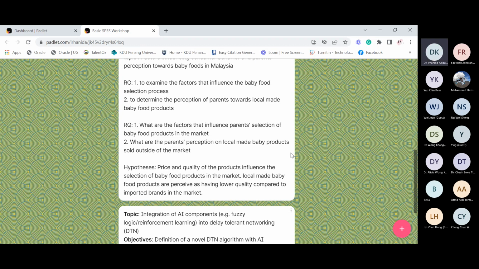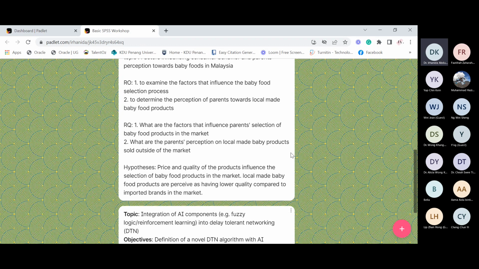But research objective 2, to determine the perception of parents towards locally made baby food. Perception of parents, this one is descriptive, if you just want to know the perception.